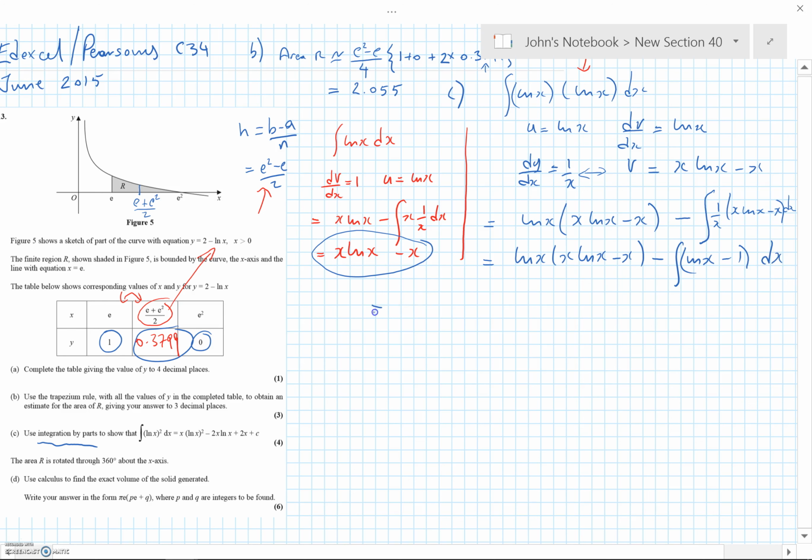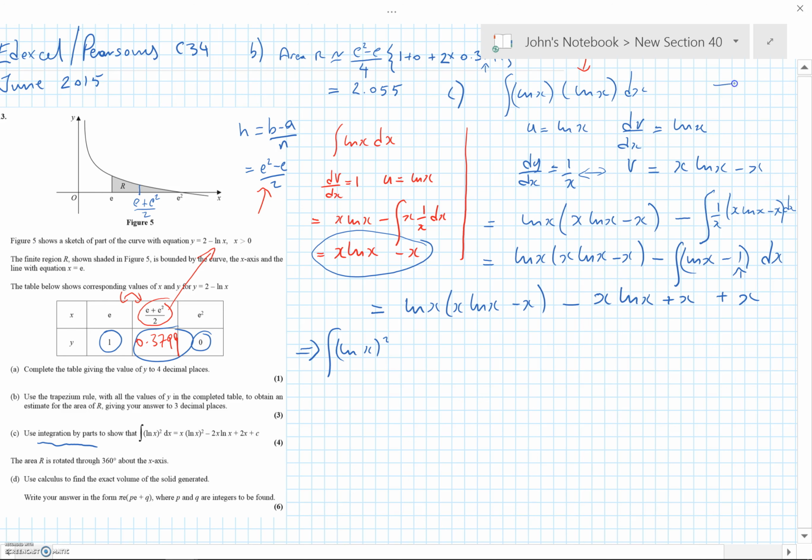So I also know what that equals to, because I've got all of this above: x ln x minus x, minus the integral of ln x, which is x ln x plus x, because of two minuses. I've also got a double minus here as well, so that's plus another x. So if I multiply that out, that tells us that the integral of ln x squared, which is what I started with at the top here,